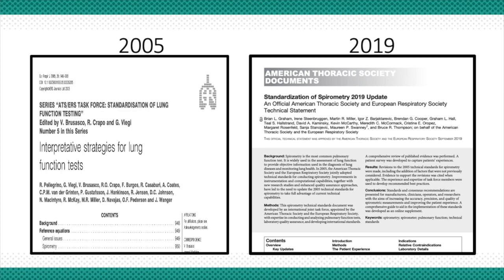But a lot of our spirometries, a lot of our machines, a lot of our interpretations are still based on the 2005 standards, and so it's important to mention this statement in this document, and I'll be talking about the major changes that it had brought about before I start